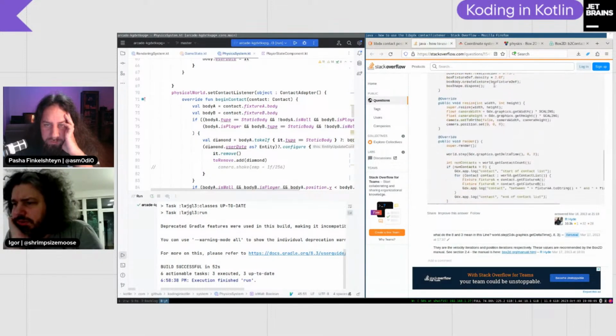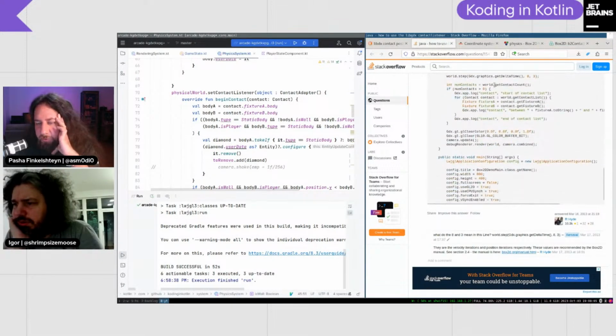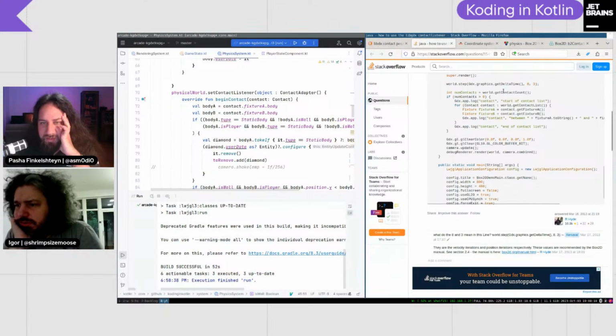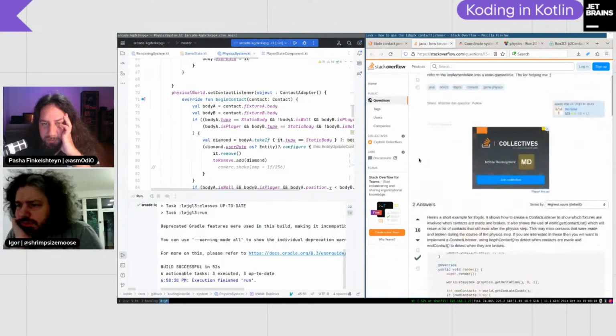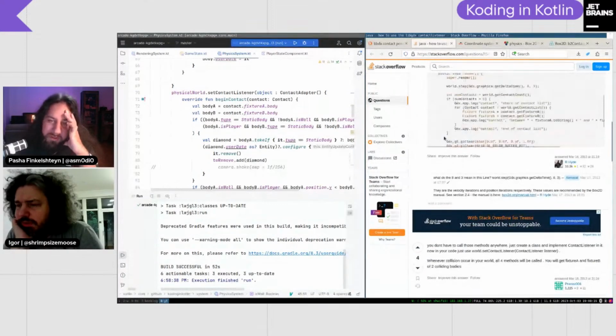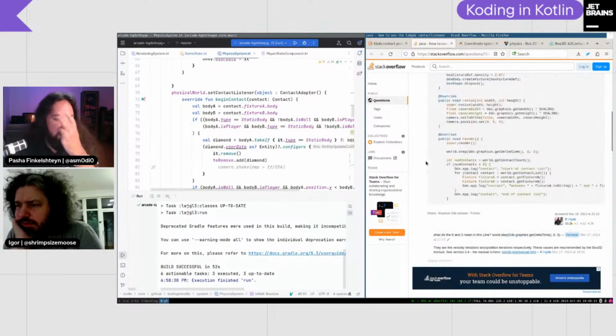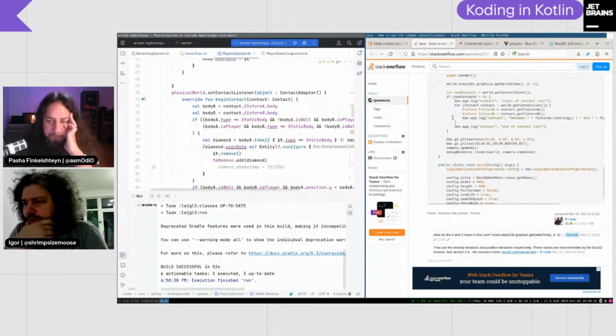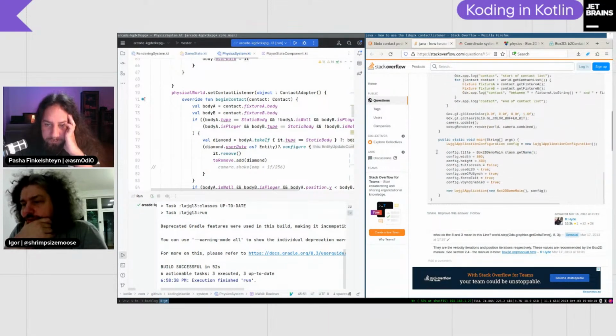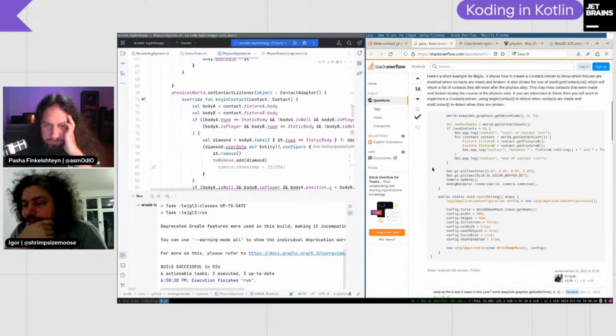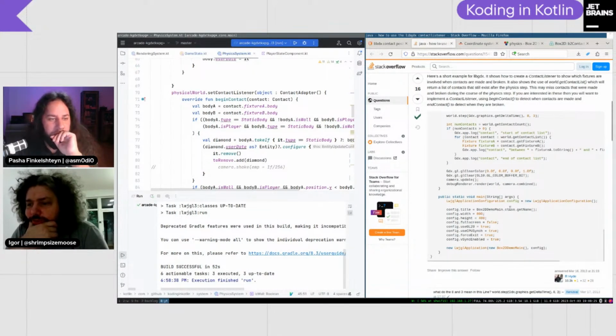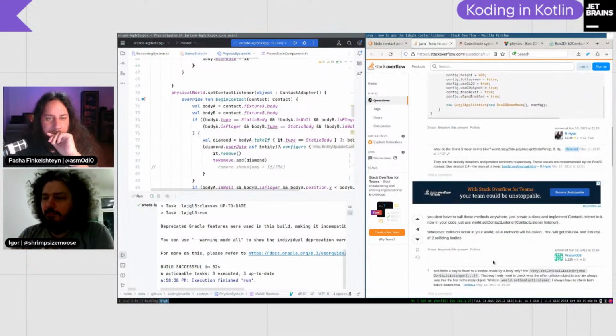Ground box resize render. Is it a question or an answer? It's a question, right? No, it's already answered. That's an awful amount of code for an answer. It's just contact detection here. It doesn't really do anything.